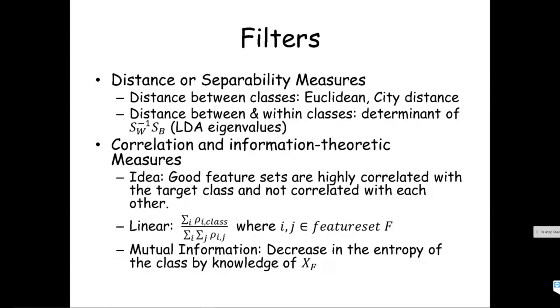Some other methods from information theory can also be used here, such as mutual information, which is the decrease in entropy of the class with the knowledge of having this. Similar to the idea that we used in information gain when we constructed decision trees. Okay. So these filters are